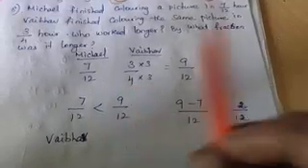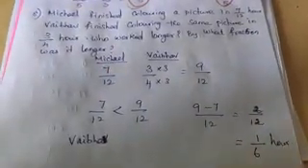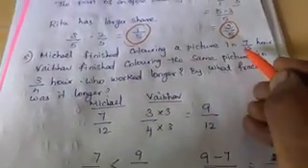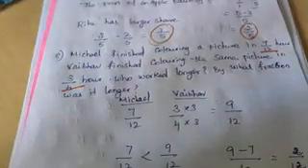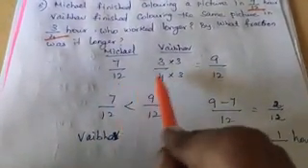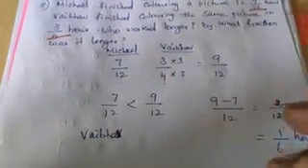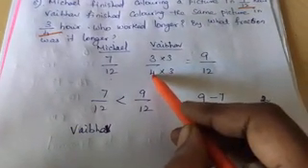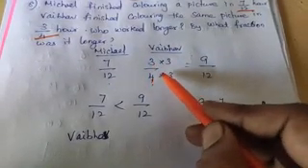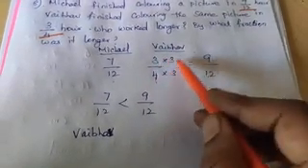So first we have to convert the fractions into like fractions. If they are like fractions, it is very simple and we can easily say after reading the question itself. But here the fractions are not like, 7 by 12 and 3 by 4. So first, if you find the LCM of 12 and 4, you will get 12 only. So 4 I have to convert to 12, so I will multiply by 3. So 3 by 4 means 4 threes are 12, 3 threes are 9.